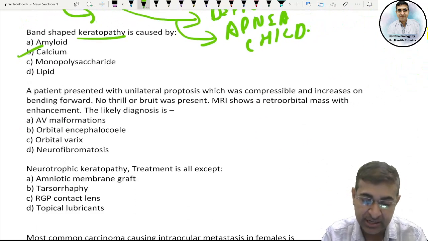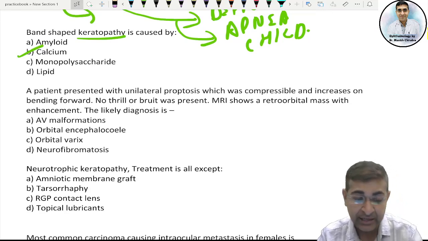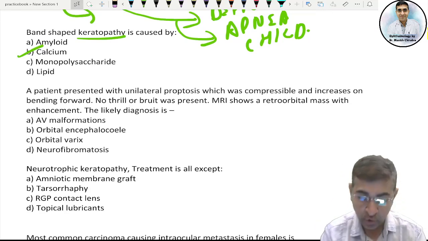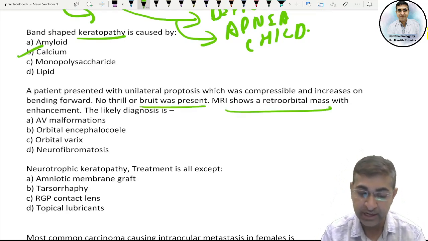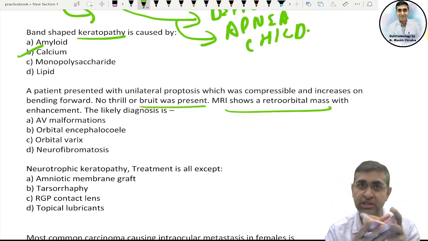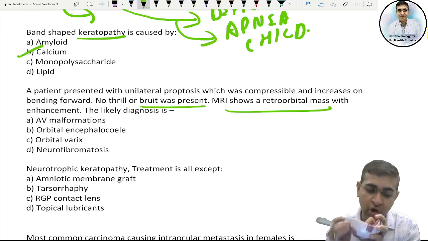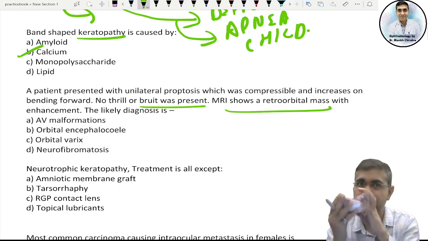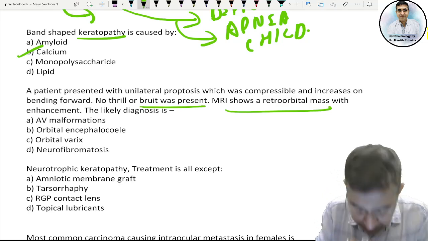Okay, a patient presented with unilateral proptosis which was compressible and increases on bending forward. No thrill or bruit was present. MRI shows a retroorbital mass with enhancement. So see, if there is presence of orbital varix, and if the patient goes in prone position, so